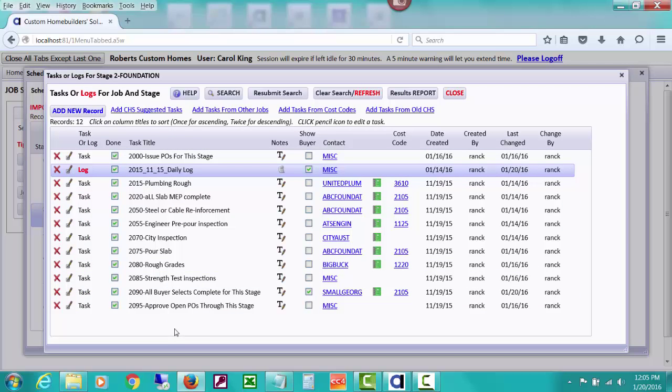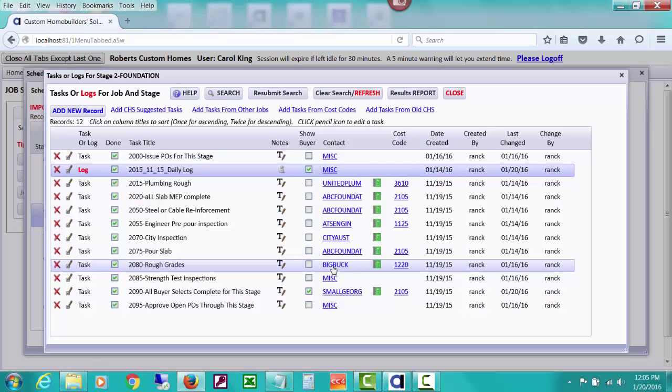But like I said, you're not assigning dates to these. It'll store a date that you created it and a date that you last changed it. Of course, I'm all the way into January playing with demos, so it's weird that this would have been created this date, but that's just because I'm in January right now when I was figuring out doing a log. But anyway, you're not entering dates, but you can select contacts to assign,